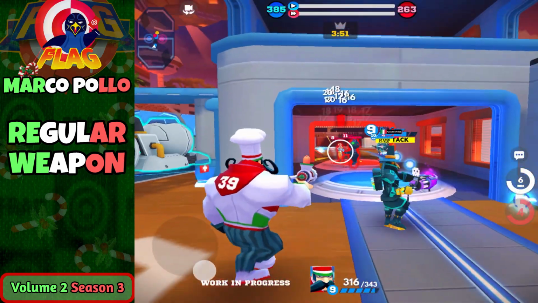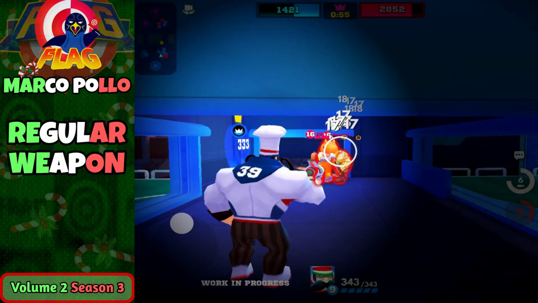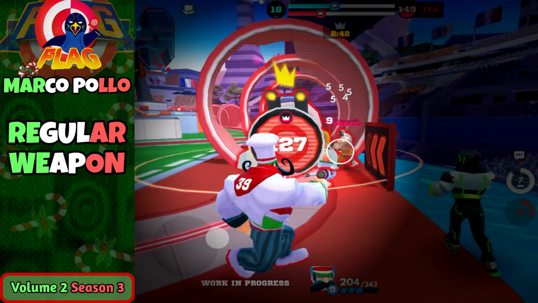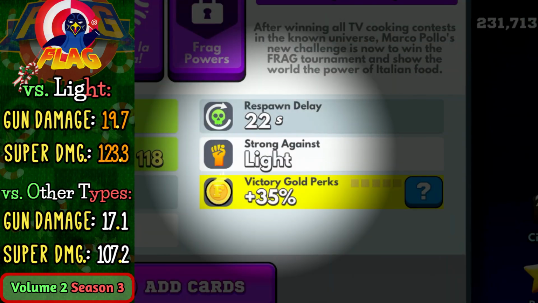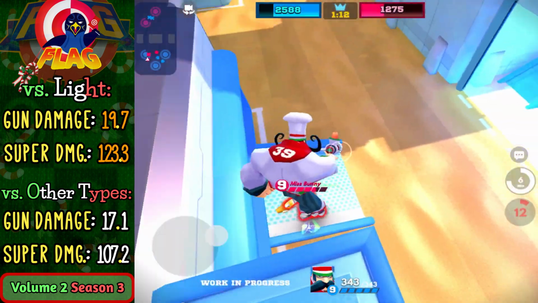Also, as you can see, his shots have a splash effect with a radius of 2.525 meters, which allows him to deal the same damage to multiple characters that are bunched up together, or even a bunker that is right next to a character. Don't forget that he is strong against light units, which means his shots and super deal